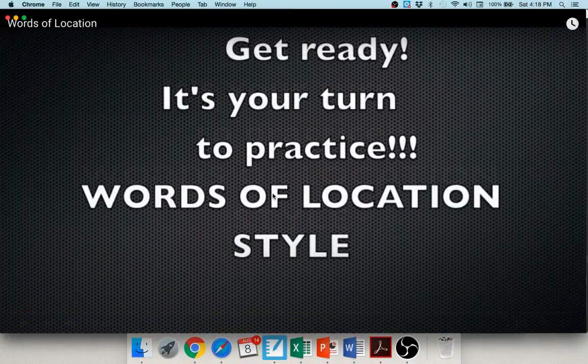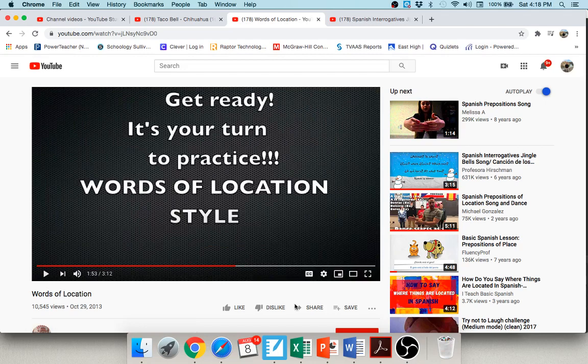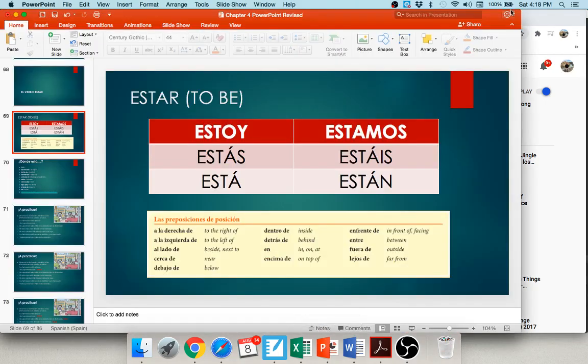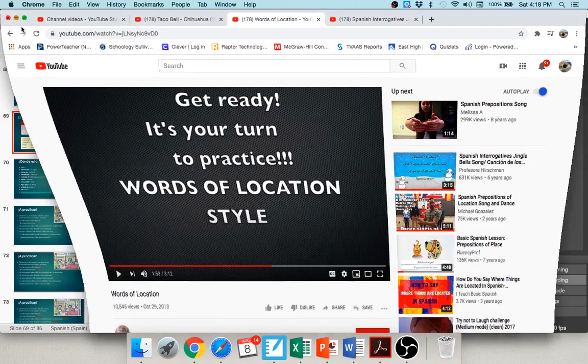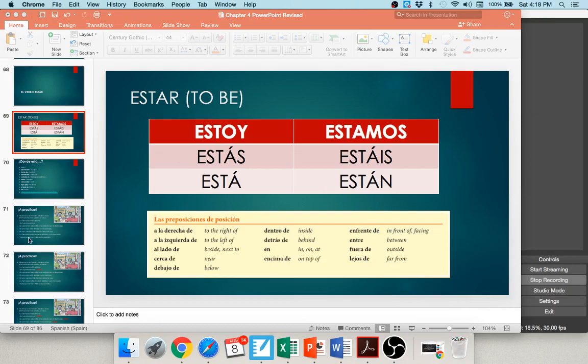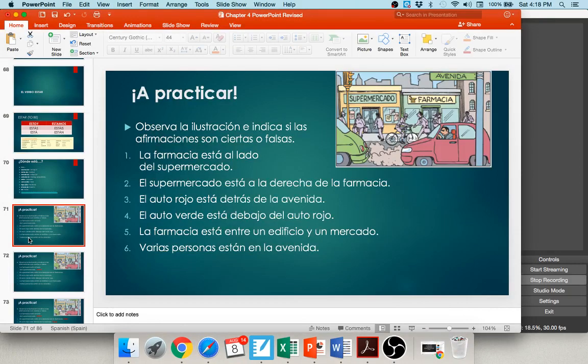Okay, so I think you get the feel for how those work in Spanish. Those are important, and you are going to need to know those for some of our activities, such as these. It's going to give you a little picture, maybe on a quiz or a mind tap activity or an exam, and you're going to have to go through and just describe if these locations are accurate or not.